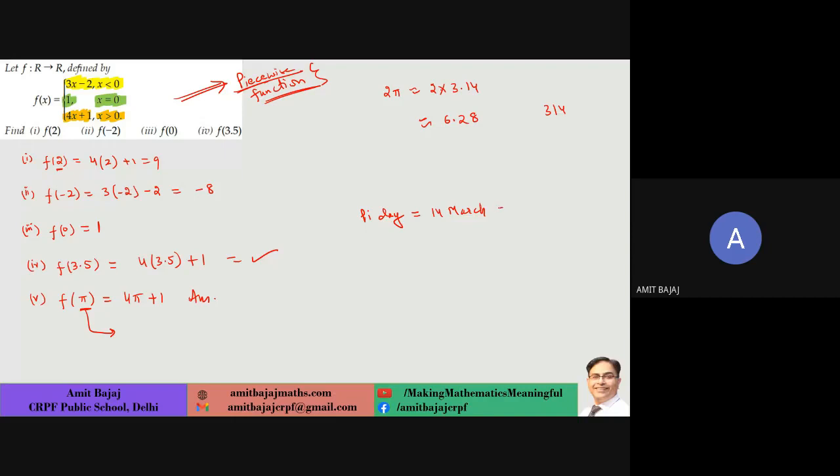There is a reason. We write 14th March like this, right? In that case, check how this date is written in American style. Actually they write it like this, and if I read the slash as a decimal, I will get 3.14. So there are different ways to interpret the situation. So Pi Day is celebrated on 14th March every year.